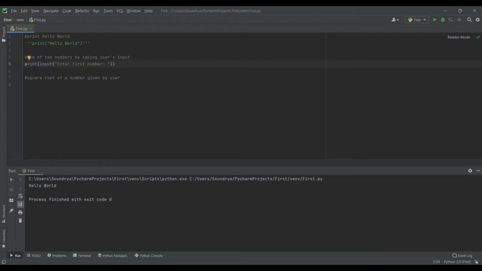Here int is used as we need an integer type for taking the sum, and input is used for taking the user's input.